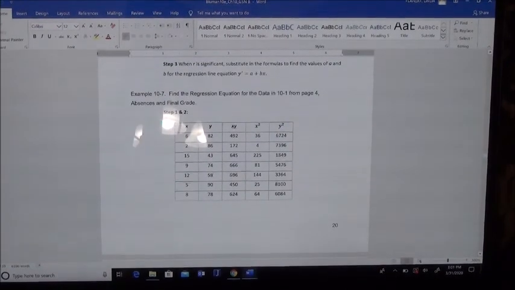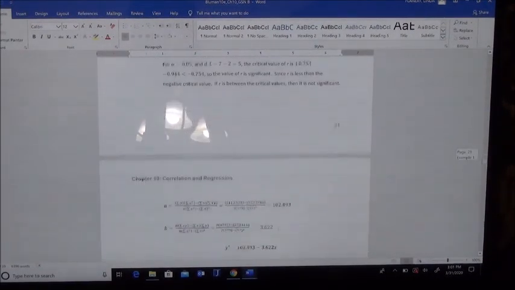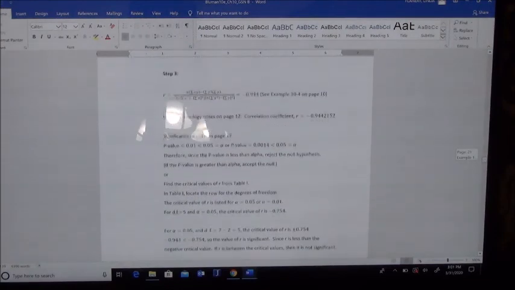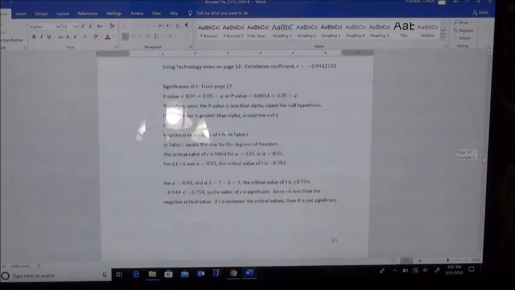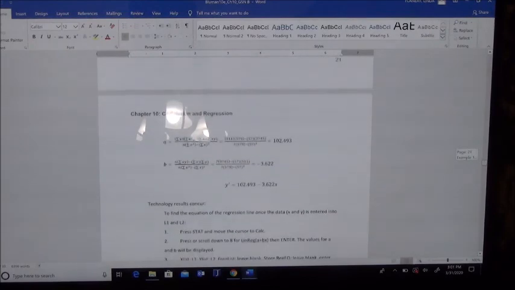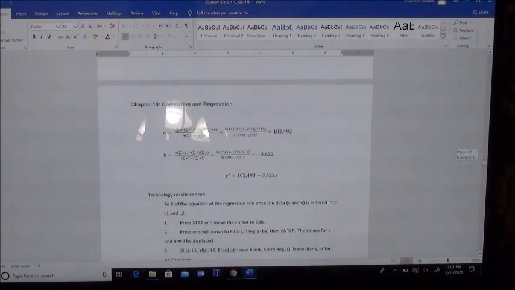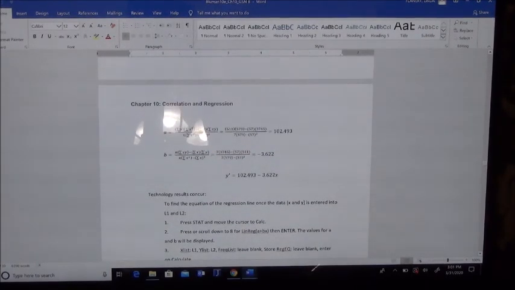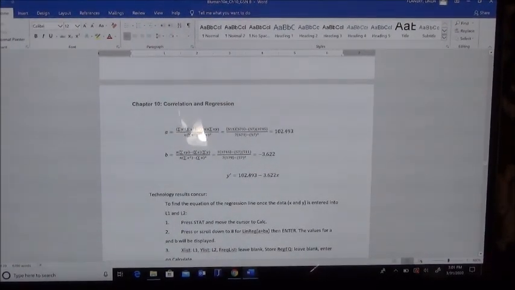So if I slide down to page 21, actually page 22, I got to get to page 22 to get all the way to my regression equation. So they did all that work on pages 20 and 21 to get to the regression equation. You can see the regression equation, y prime is 102.493 minus